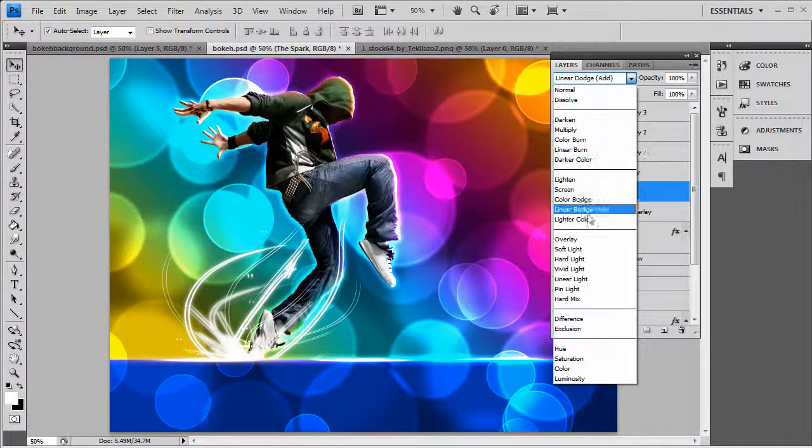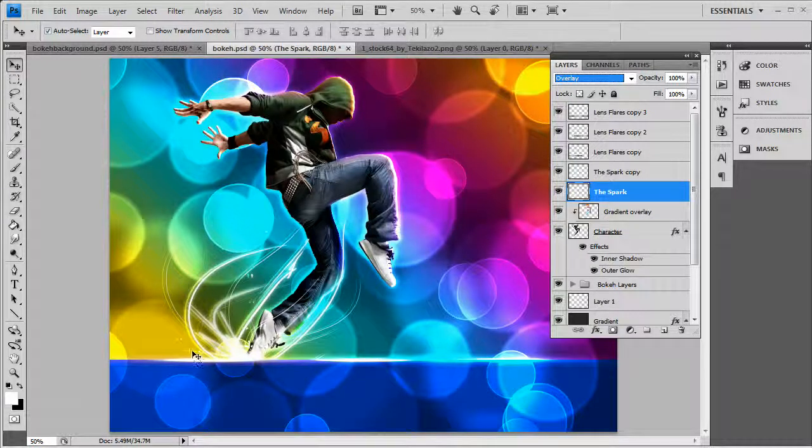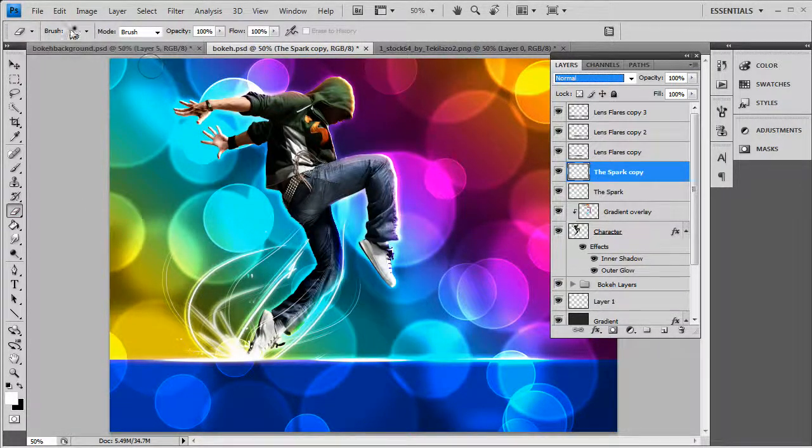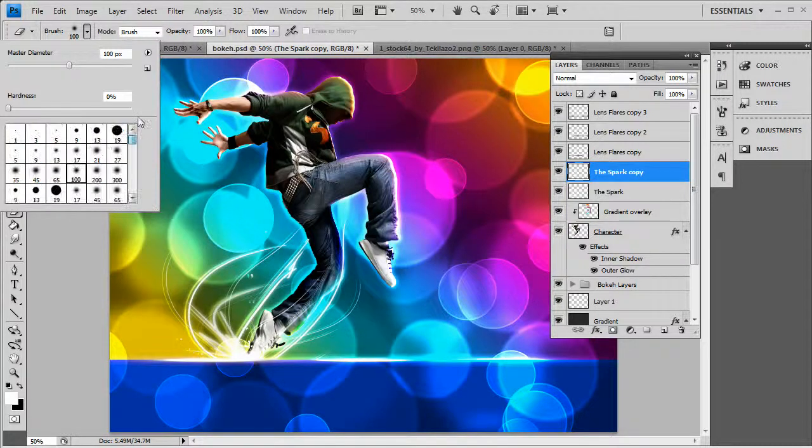You can even try an overlay, and as you see, it adds that nice little vibrant color, so it looks like it's blurring a bit. So now that you got that done, you want to find the layer right here, and I'm going to remove it with a hard round,